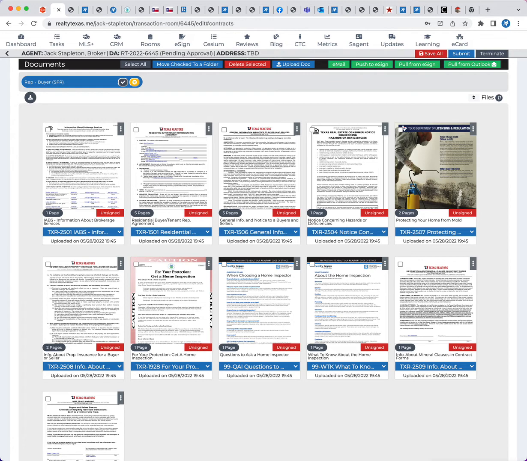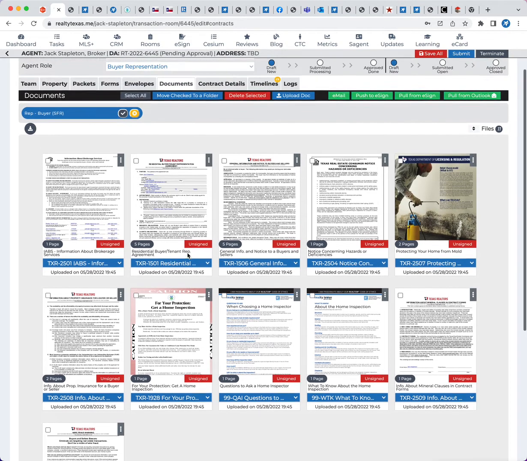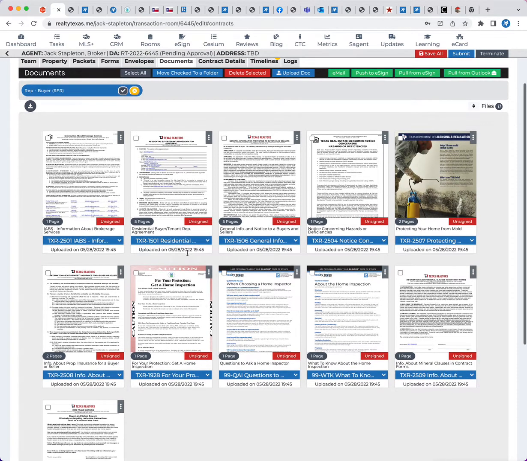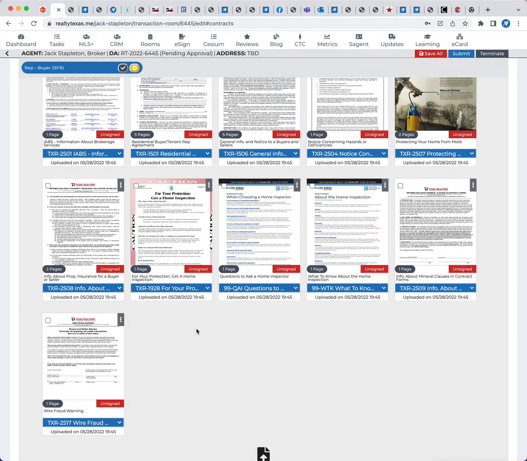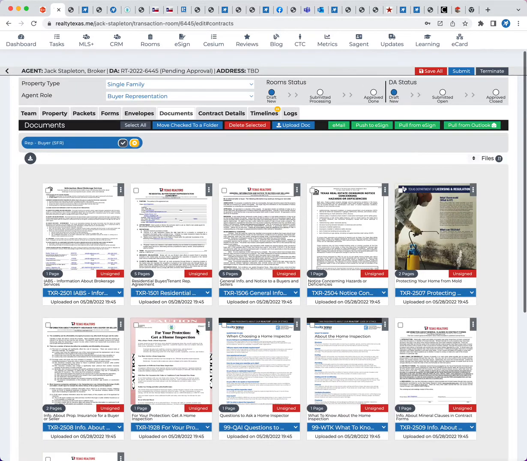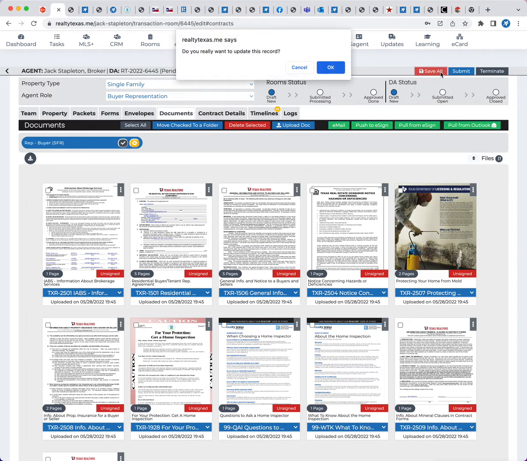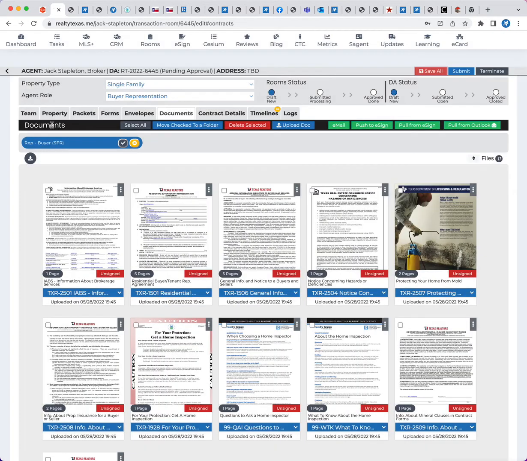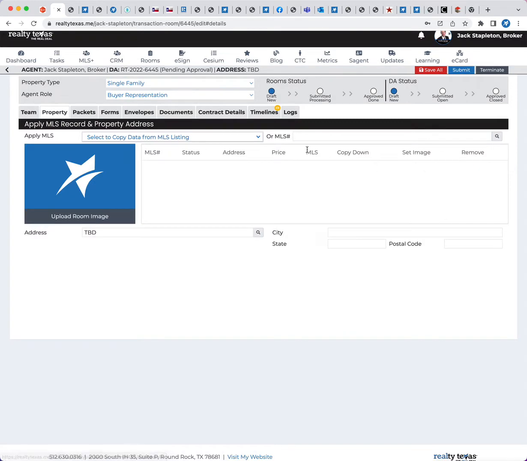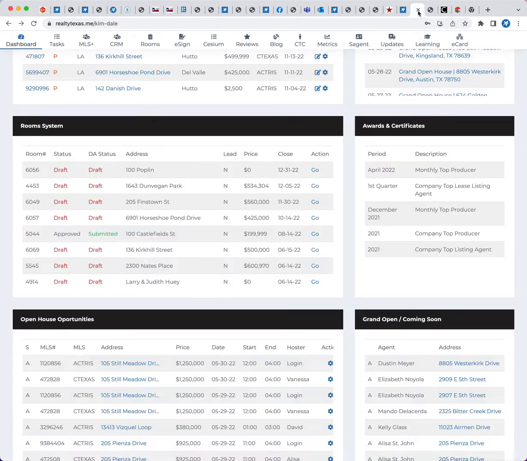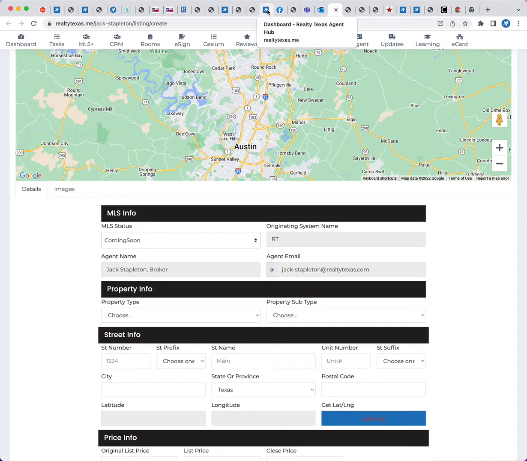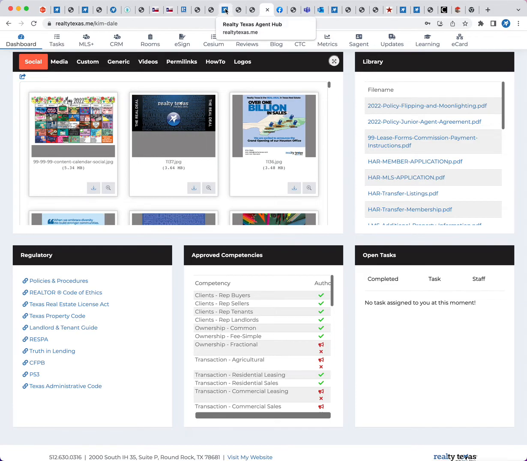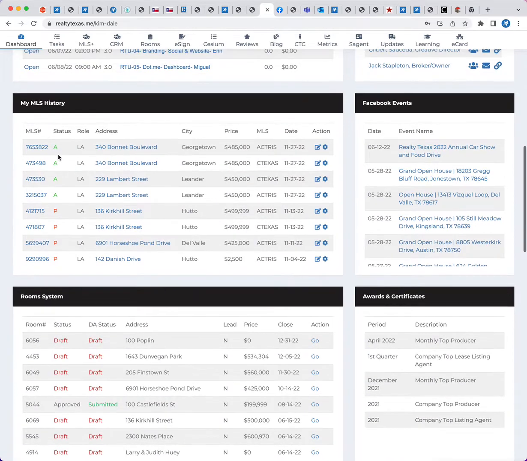Now, if I have some other document in the course of maybe here's my rep agreement and my client has a contract and a rep agreement that we're doing all at the same time. So now I'm going to save my room. Let's say we found a property that they want to buy. I wonder if we still have one from a prior. I'm looking for anything that has an MLS number on it. So let's grab